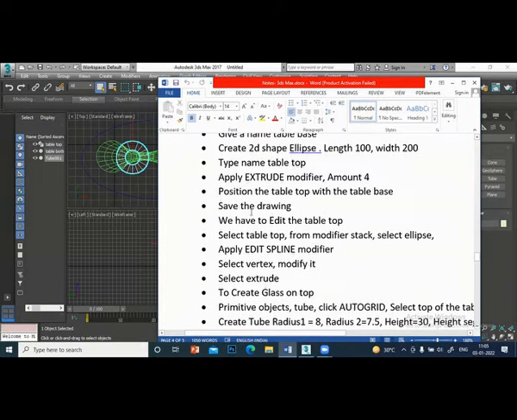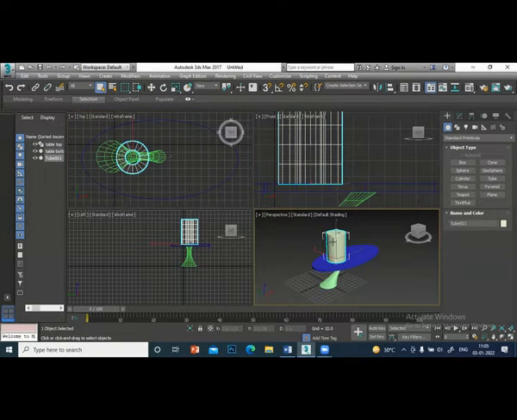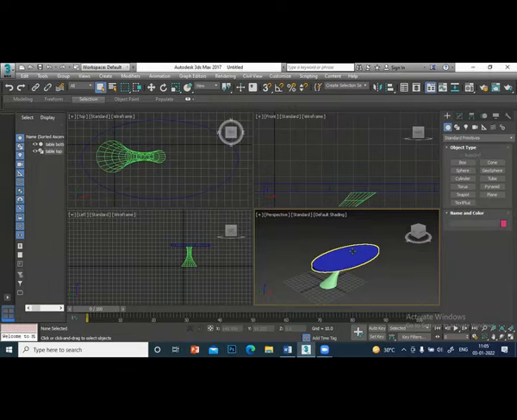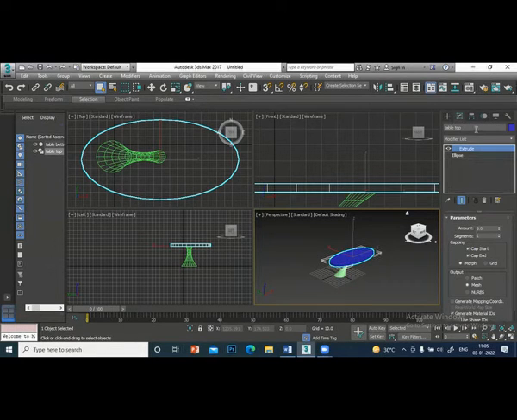Okay. Now you can see that this ellipse, I'll delete it later. I will use it later. This ellipse, I want to modify a little in the old model table. So I have to edit this. Click this, modify. You can see that you are in the modify stack.